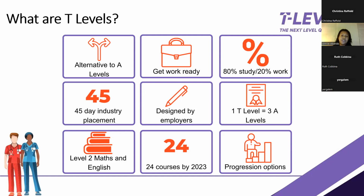Again, another key difference with T-levels is T-levels are designed by employers to ensure that students are learning the skills employers are looking for. So nearly 300 employers were involved in developing T-levels, from smaller local businesses to large multinationals like Amazon, Fujitsu, EDF Energy and so on. So the courses are very much made with getting students ready for work in mind, making sure that they are